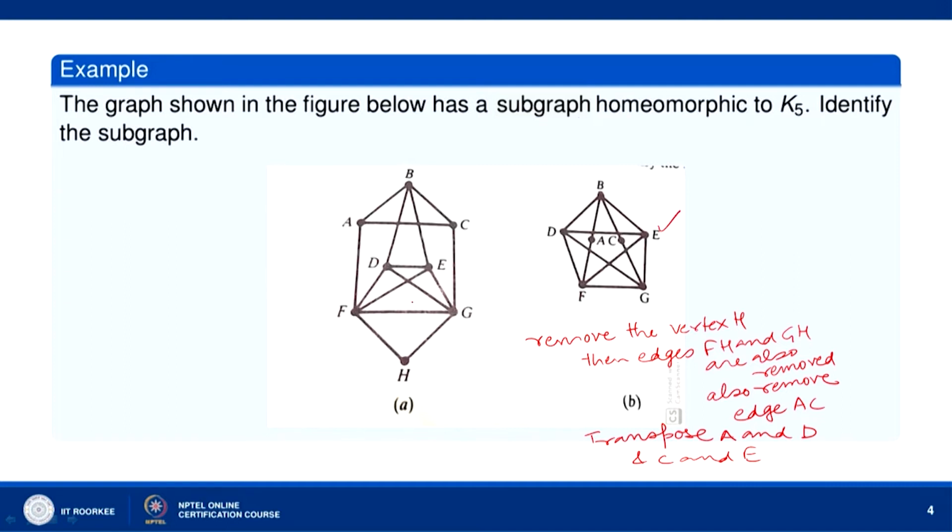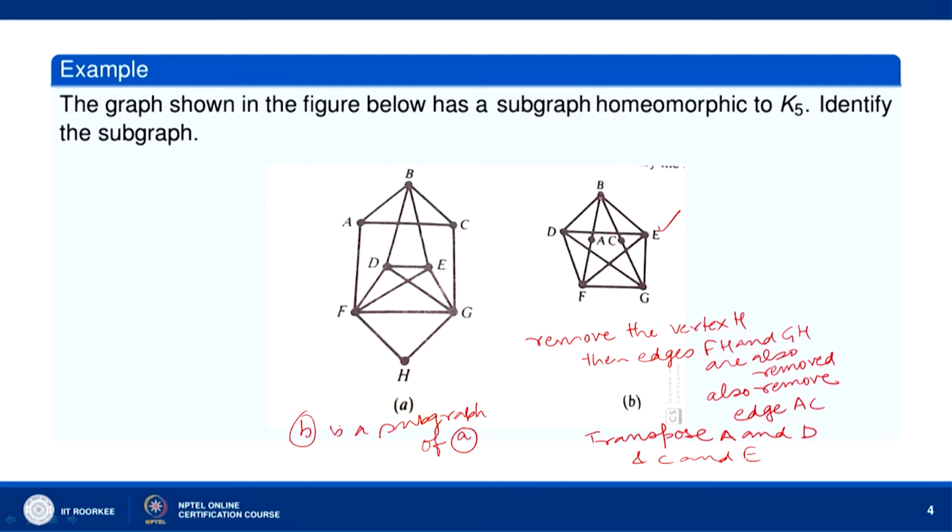Okay, which is because it has been obtained by removing the vertex H, thereby removing the edges FH and GH, and also the edge AC. Okay. So, this is a subgraph of this given graph. B is a subgraph of A. Okay. Moreover, it is homomorphic to K5, because